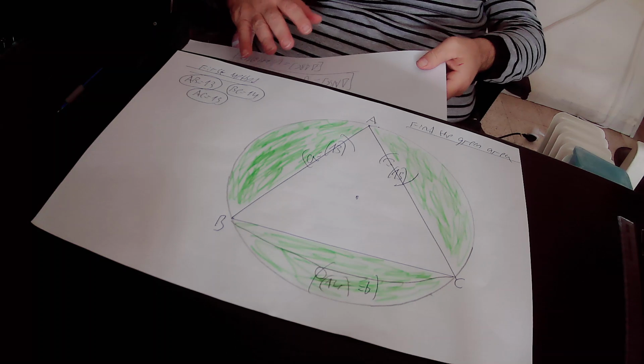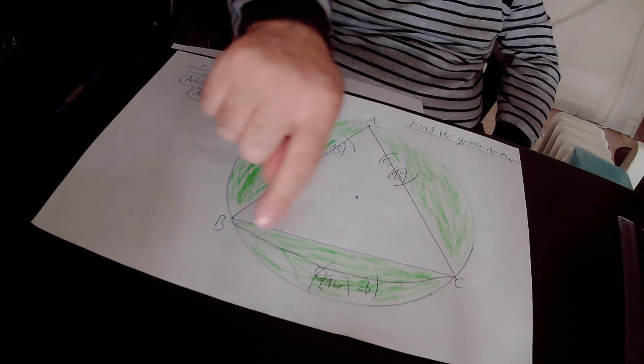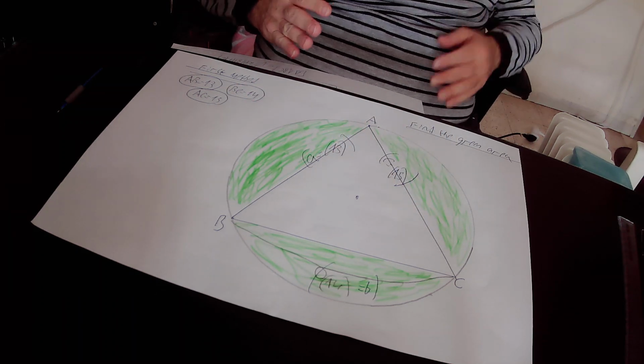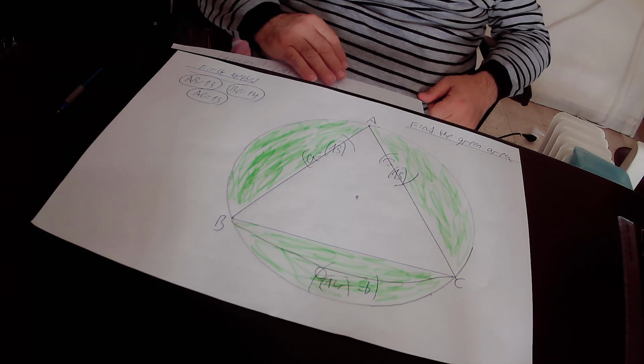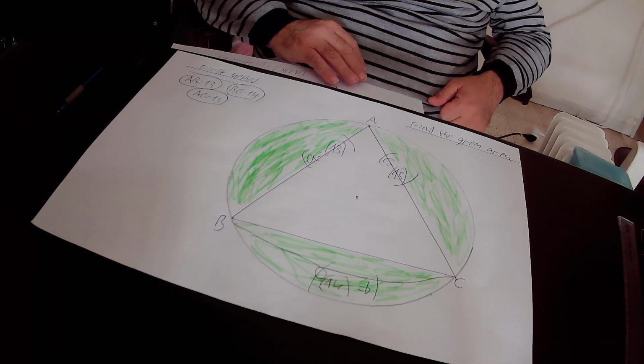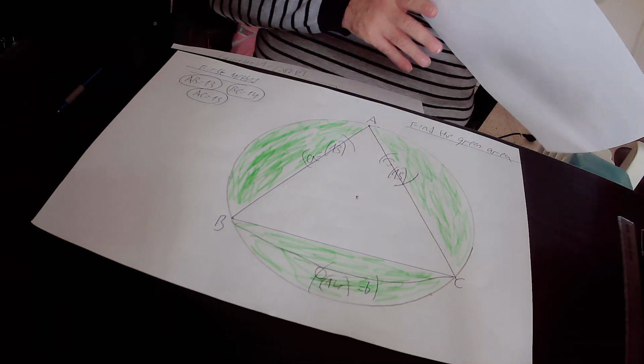From the drawing it is very clear that the area of the ring shape equals the area of the circle minus the area of triangle ABC. So we start with the first method. In the first method I presented to you a new rule and we implemented the new rule in our drawing. According to the new rule,